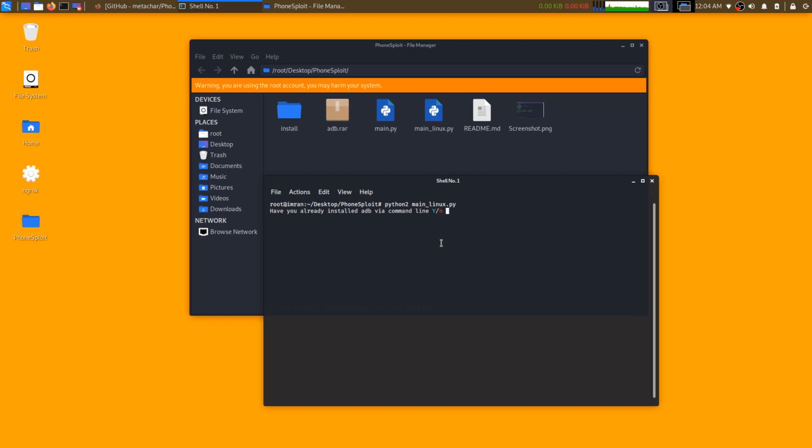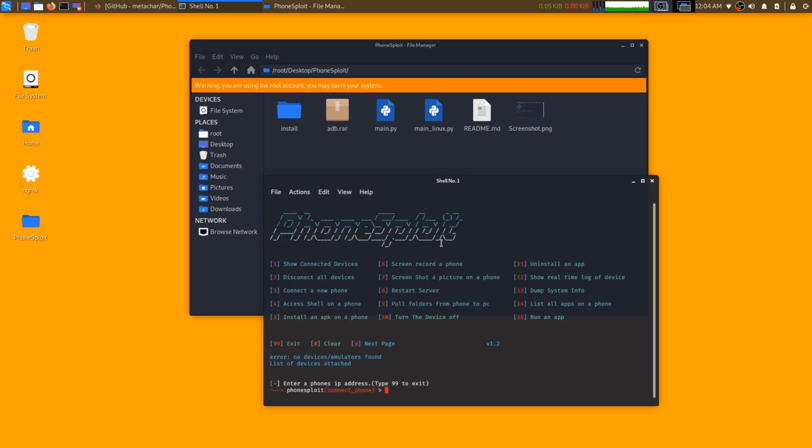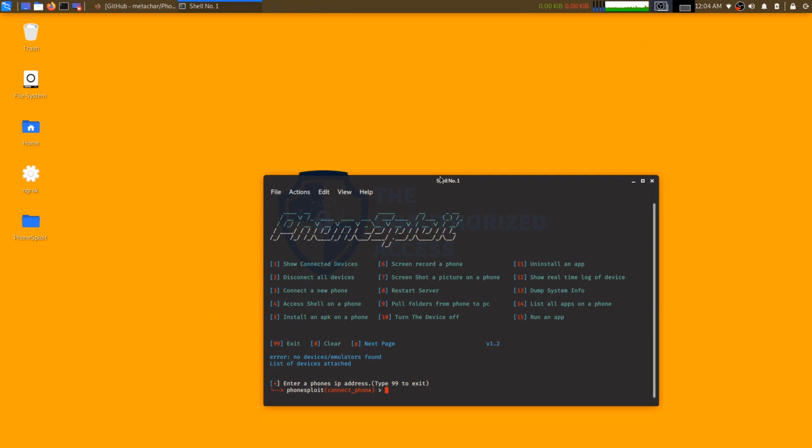Yes or no. If you have already installed adb via command line, you can click Y. If you have not installed it, you can click N, and it will automatically install it for you. If you click Y, it will automatically start the service. On my computer I have already installed adb, so I am clicking Y. It is going to start the adb daemon service now. Okay, now we have successfully started PhoneSploit here.